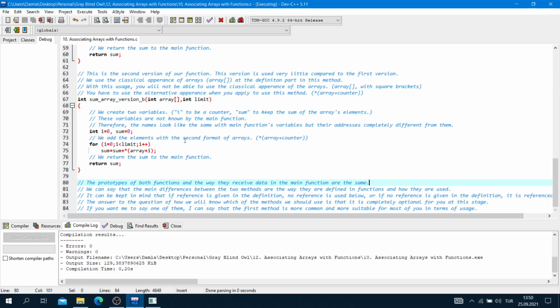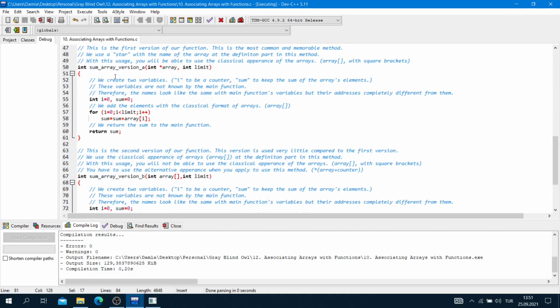And now the second result. We can say that the main differences between the two methods are the way they are defined in functions and how they are used.